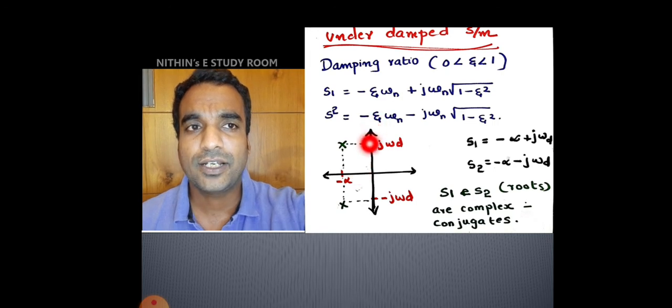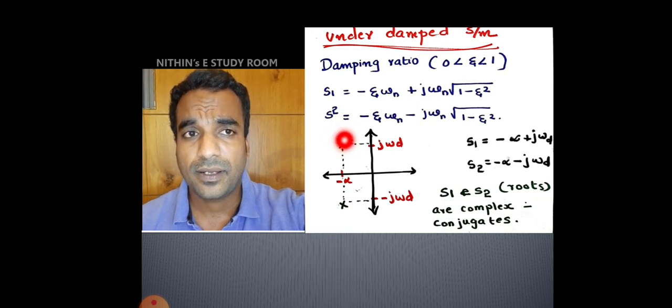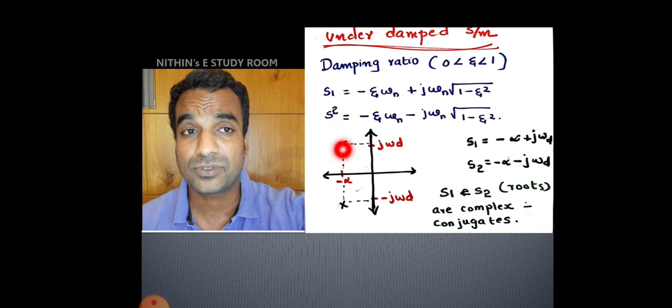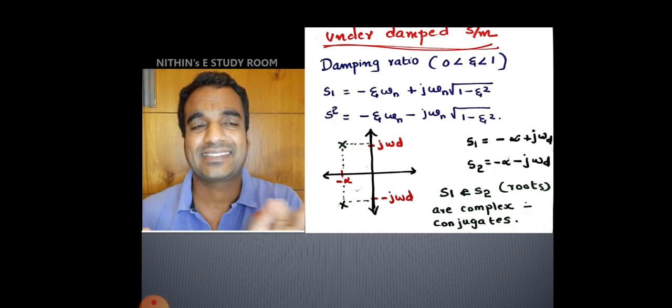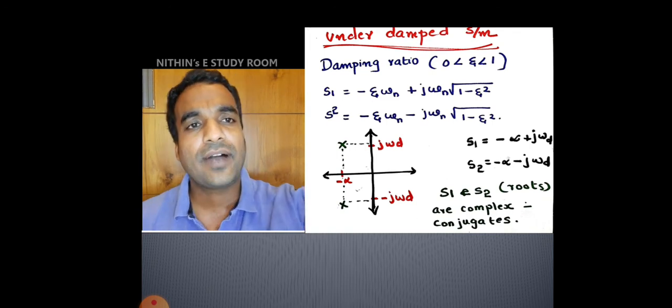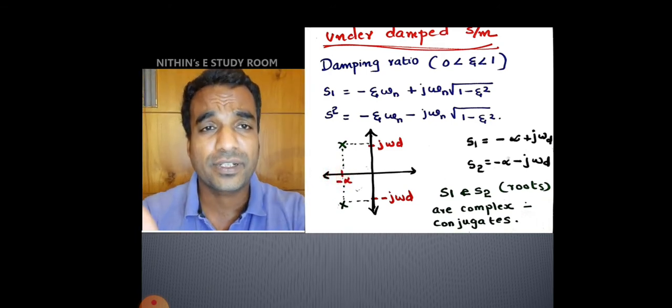The imaginary j omega d point will not have any significance on stability, because if j omega d increases, the pole will move to some point above the x-axis like this, but it will not have any dependence on stability. Stability only depends on the movement in the x-axis. So if alpha increases, definitely the pole will move towards the left side. So you will get more margin for disturbance.